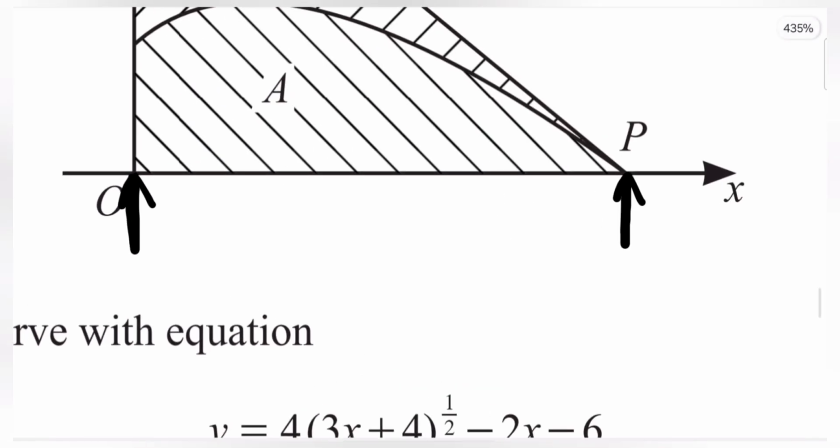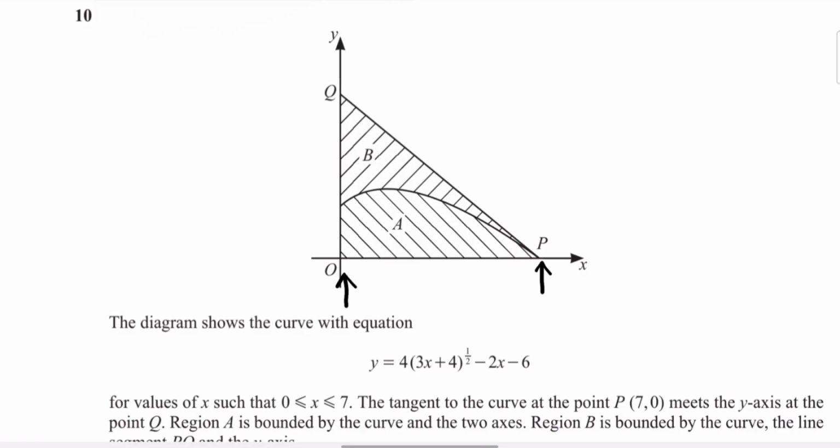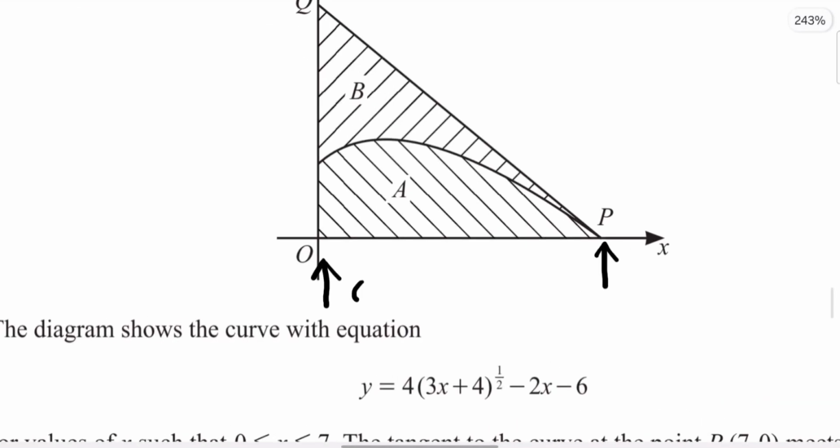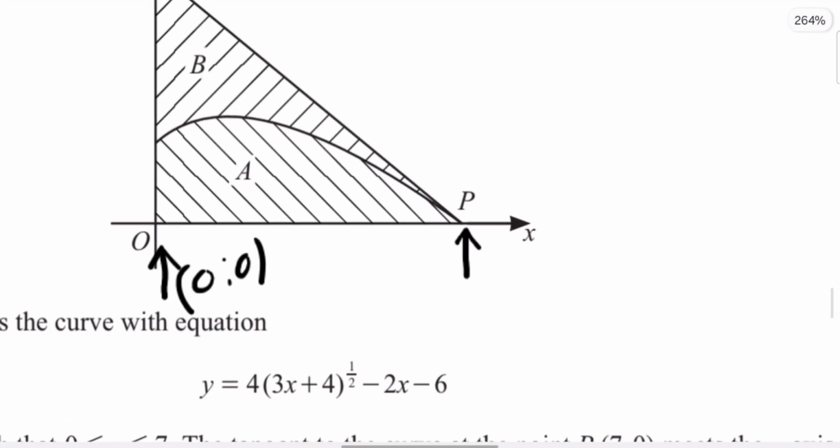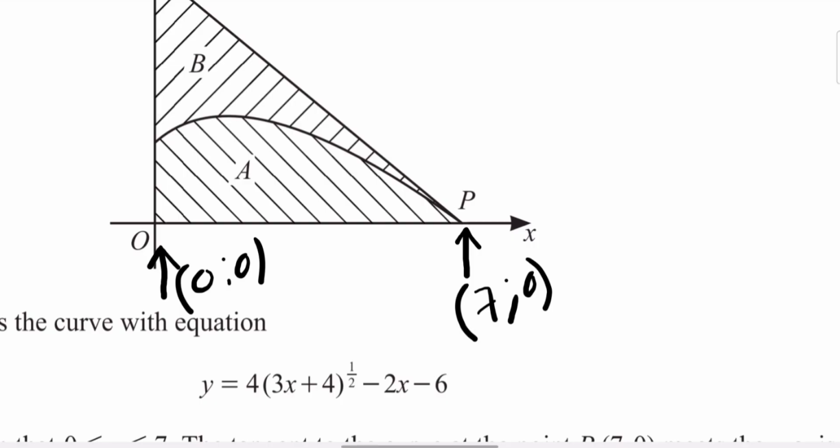Our point O here is (0, 0), and we're told in the equation that P is (7, 0). So we're just going to focus on the x coordinates of these two points and use them as our limits. So our limits will be from 0 to 7,